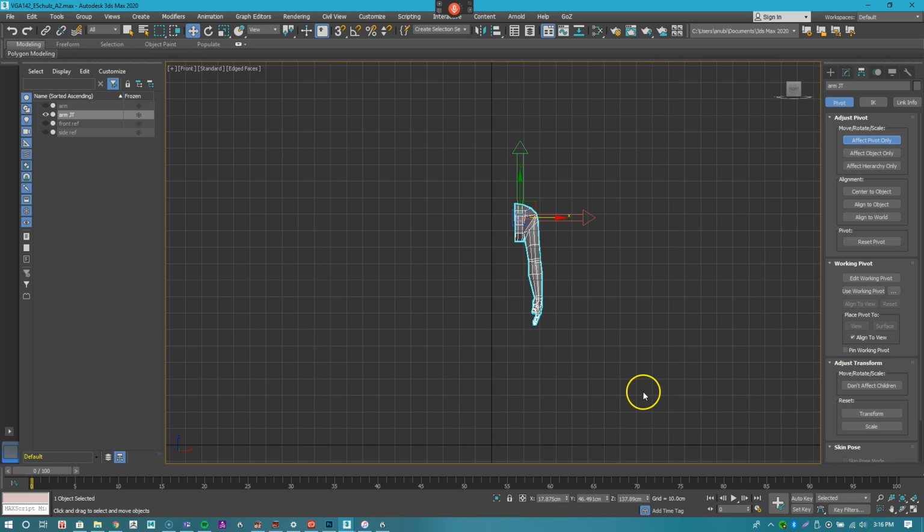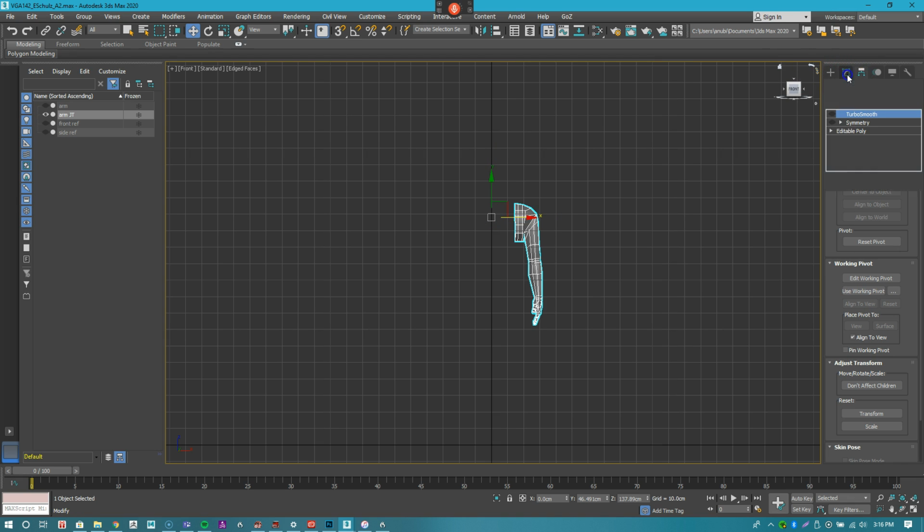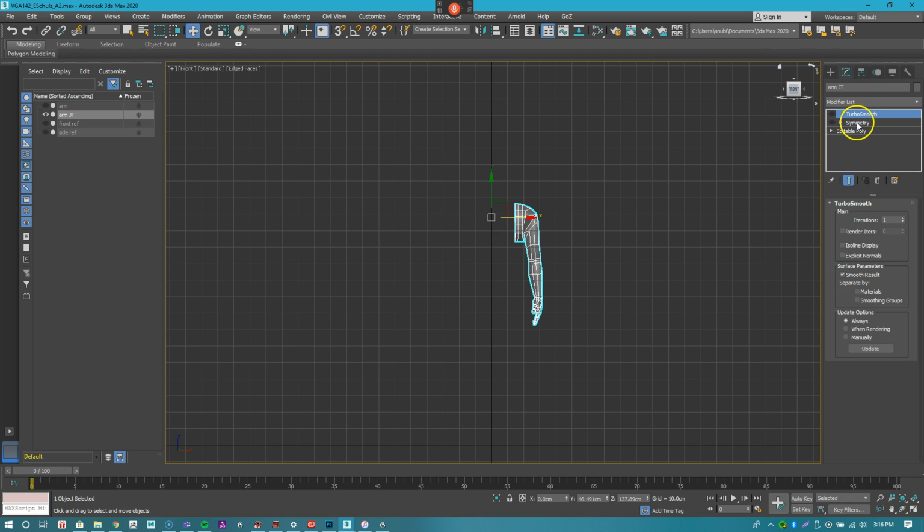What I'm going to do is go down here where you have the x-axis value, and it's reading out 17.875 centimeters, right? I'm going to zero this out, and it basically places the pivot point right in the middle of the view, right? So now when I go back to modifier, I'm going to have to delete, or better yet, I'm going to actually